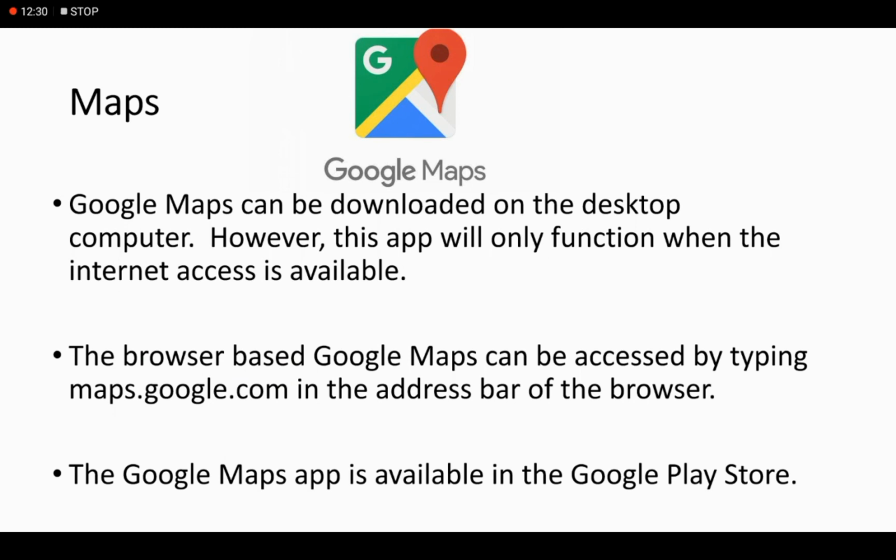The Google Maps app is available in the Google Play Store. So if you want to use Google Maps on your cell phone, you can easily use it by just downloading it with the help of the Play Store, or if you are using an iOS operating system, you can use it from the App Store.